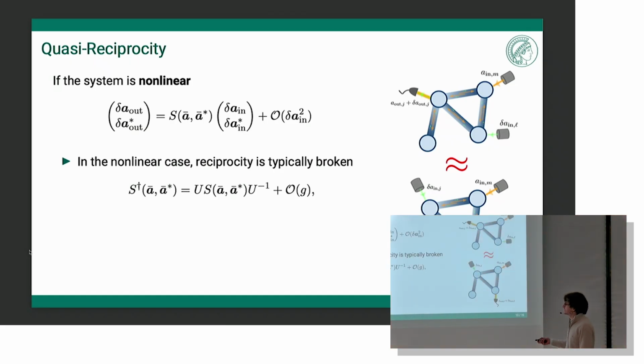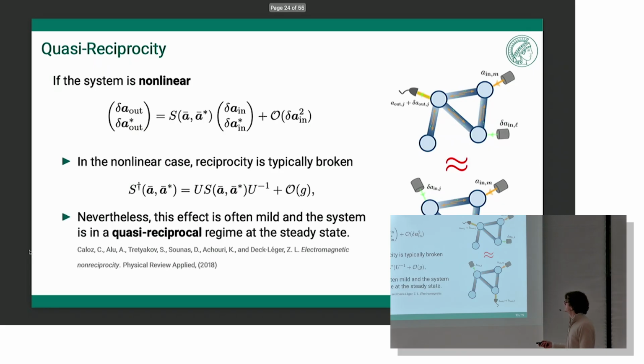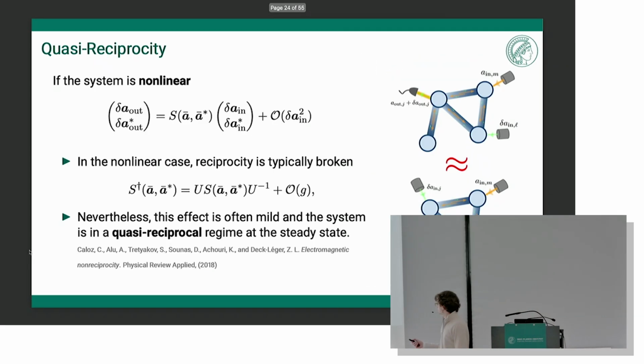After the first order, you can still expand and get a linear relation from perturbations. But what happens to the reciprocity? Well, basically, if you have nonlinearity and losses, in our case, you break it because you have all sorts of subphase modulations and these kinds of effects. Nevertheless, this kind of reciprocity breaking is typically much milder than the one you could get in optics, and typically you find yourself in this quasi-reciprocal regime that gives you this approximation in the end.